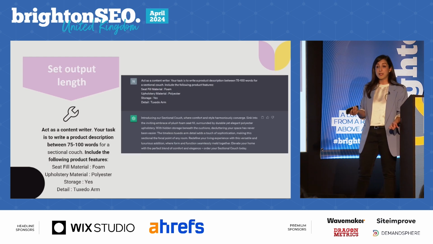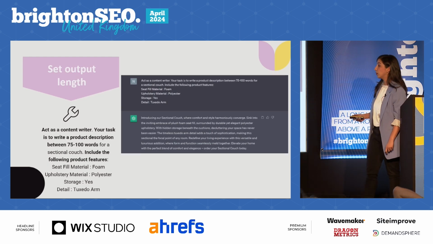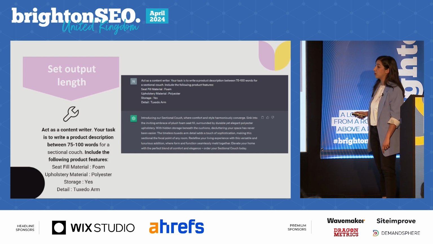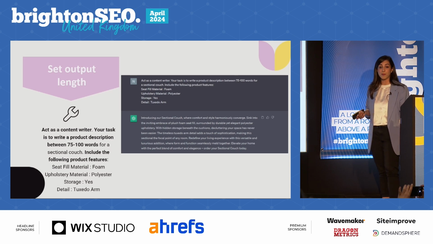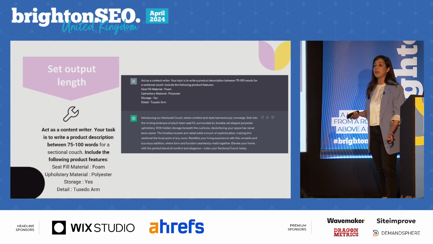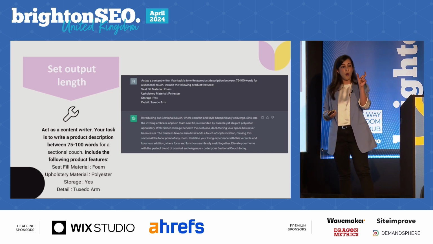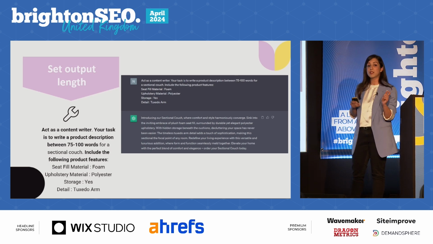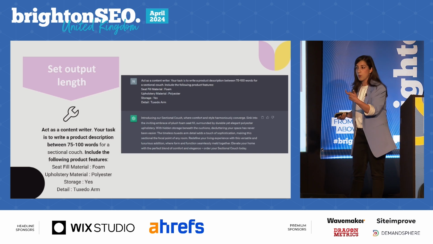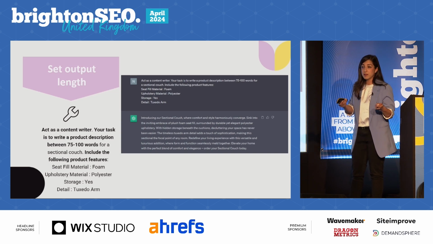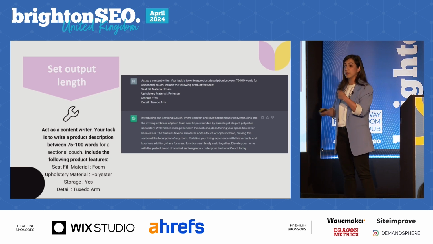Next up, you want to fix the output length. It's simple, right? You can say, write it within 75 to 100 words. And this is what it does. If you go to a word counter, this is more than 100 words. And that's a problem again. You know why? Because LLMs are based on the concept of tokens. Tokens are the basic unit of input and output of a natural language model like GPT. Tokens could be words, subwords, sequences of characters. It could be anything. It is based on how you define the tokenizer when training the model.